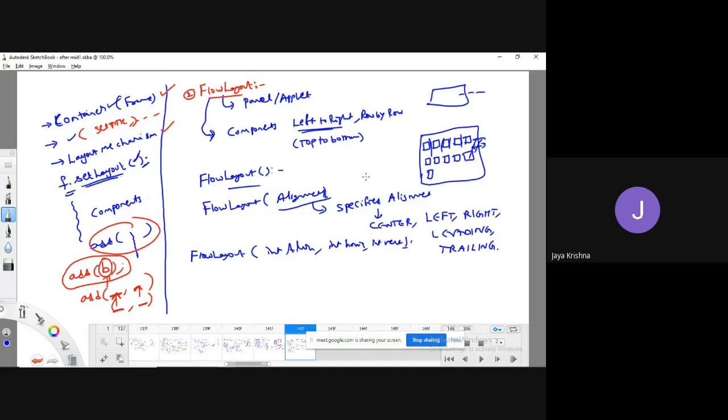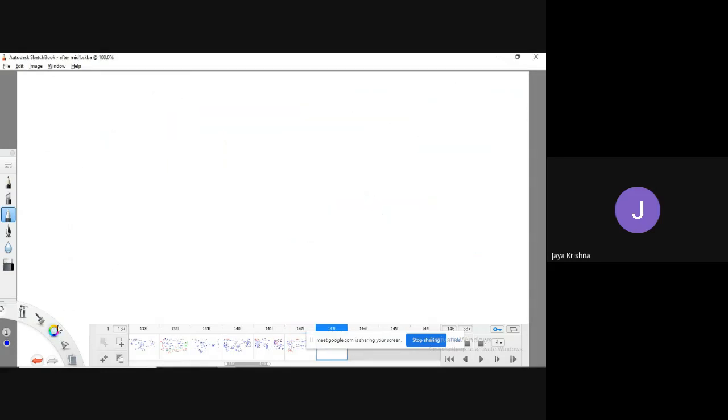Okay. So the next kind of layout, grid layout. The name itself suggests it will look like a grid. First, border layout arranges components based on the concept of borders.